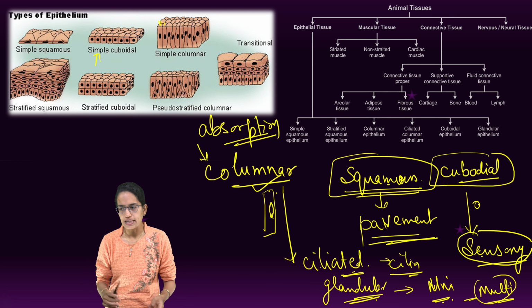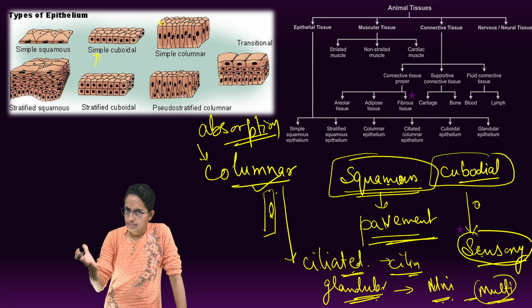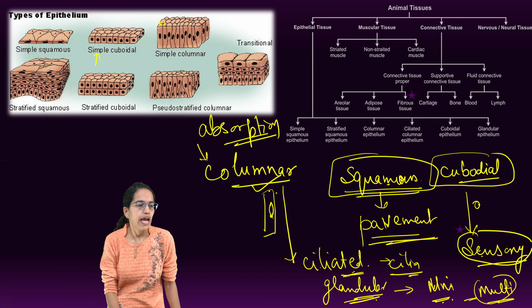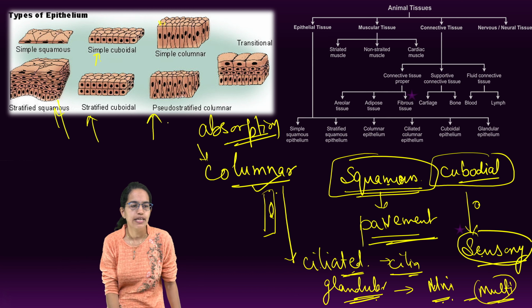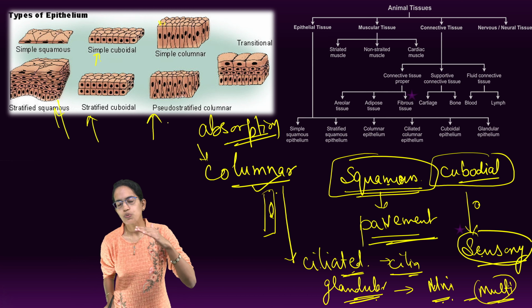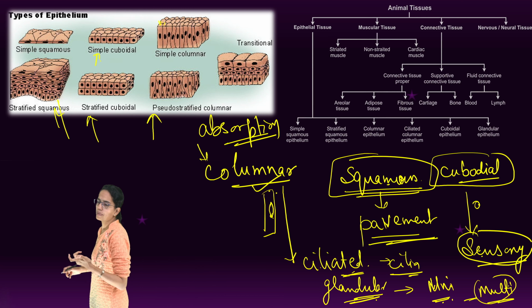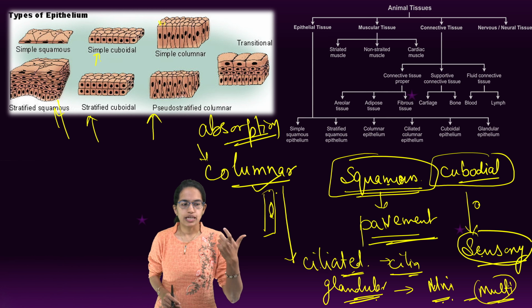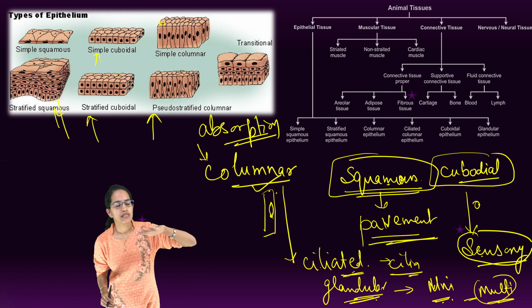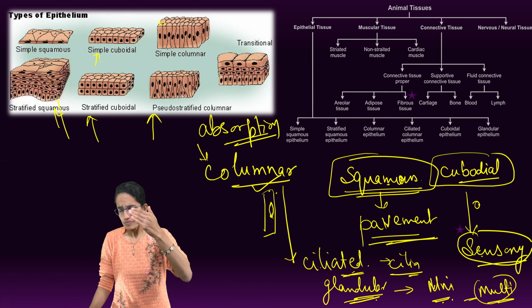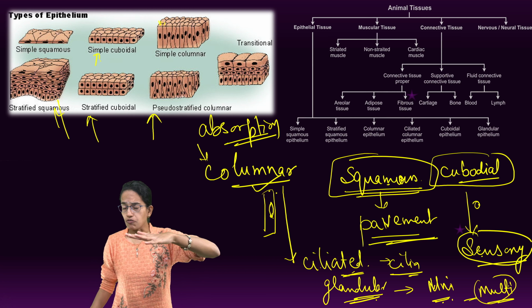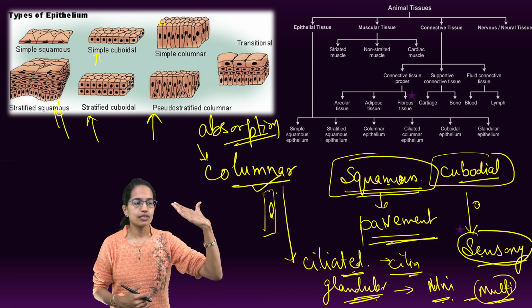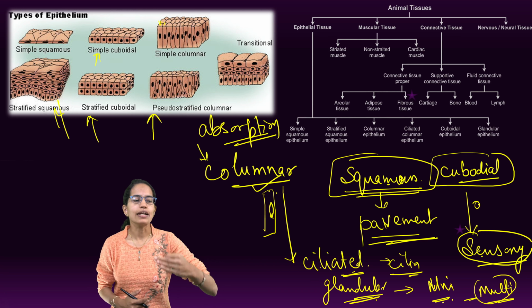These stratified epithelia are, as the name suggests, stratified. That means more than one layer. So they have various layers of epithelium. As you can see in the diagrams, they have multiple layers, and usually the upper layer in certain cases could be dead squamous epithelial cells. That's again important to note. So in the case of squamous, the upper layer is sometimes dead in nature. The idea is it remains tough and it protects the inner layers of epithelium, and that's the major reason why stratified ones are important.